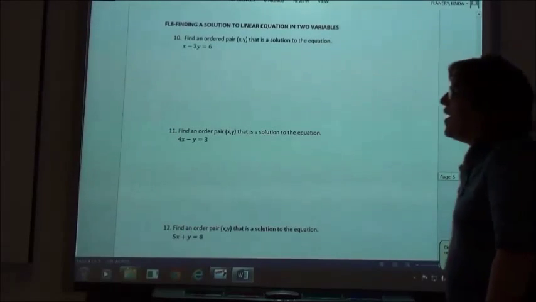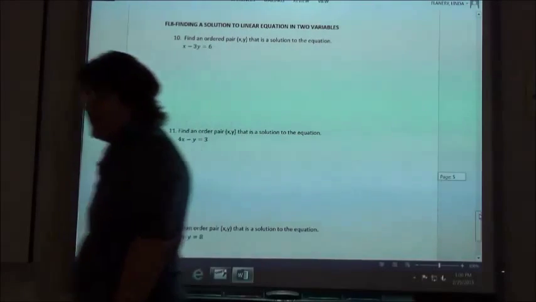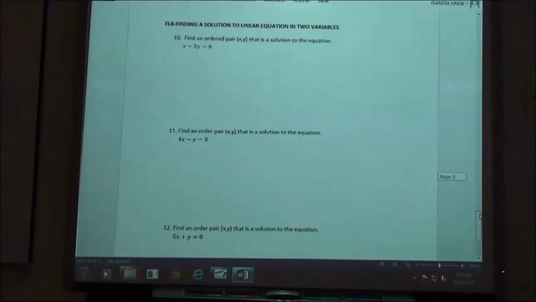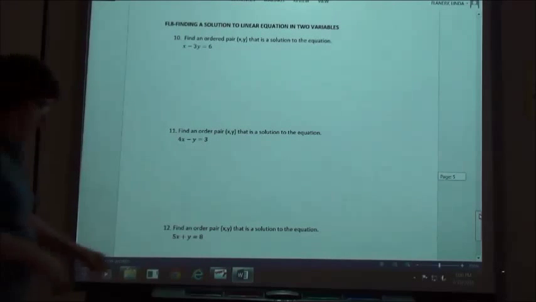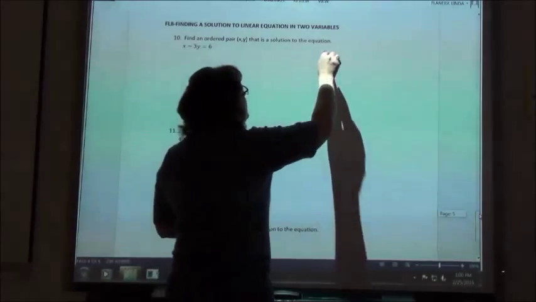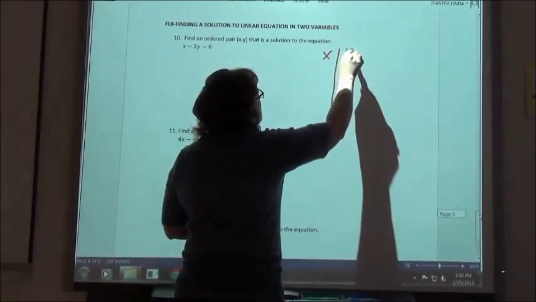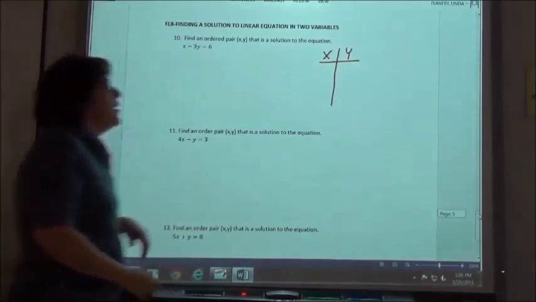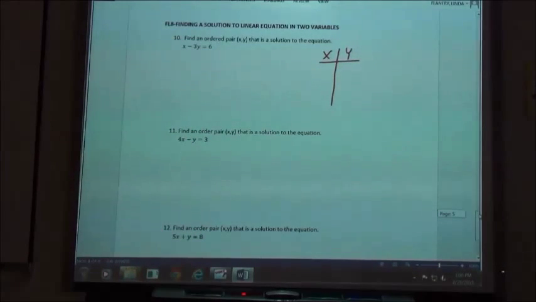Now they want you to find solutions to equations. When you're trying to find a solution to the equation, you can use whatever numbers you want to. So when we get to graphing, we'll be making a table that looks something sort of like this. You're going to pick a value for x or a value for y and then solve your equation with that